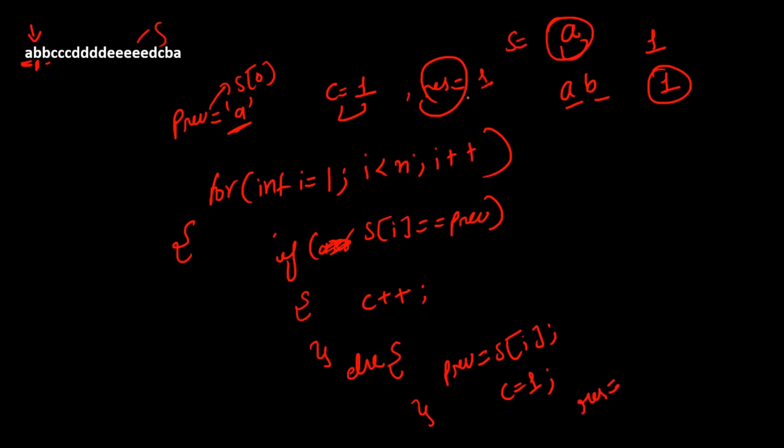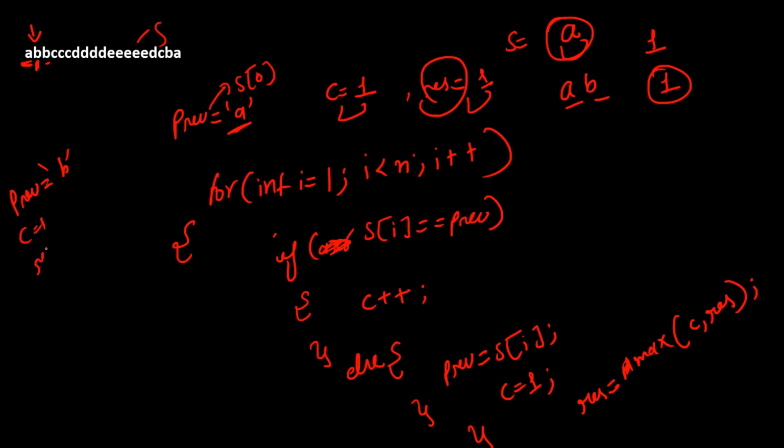So initially we have taken it as 1, so we'll be updating it as, just keep the max, whatever is the max c or the res value, whatever is max, just keep that value in our res. Let's understand what is actually happening. So for now you can see that prev value as well as this ith value is not similar. So what will happen is prev value will be updated to b now. So this b is stored in prev and c will remain as 1. Res will also remain 1.